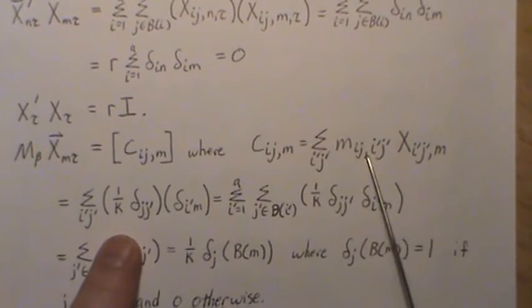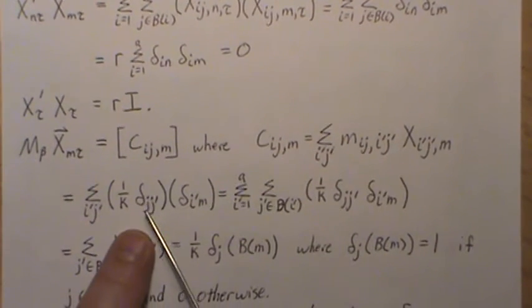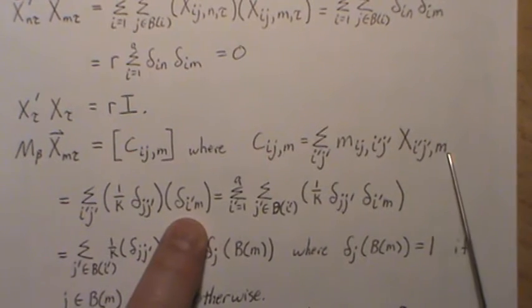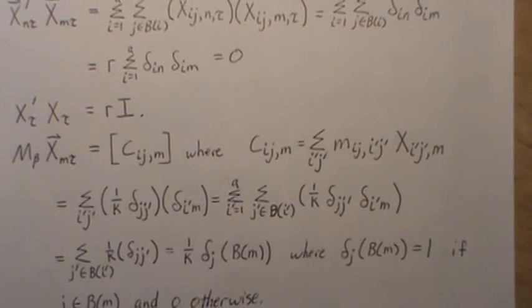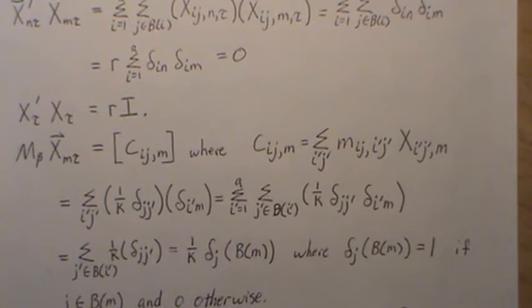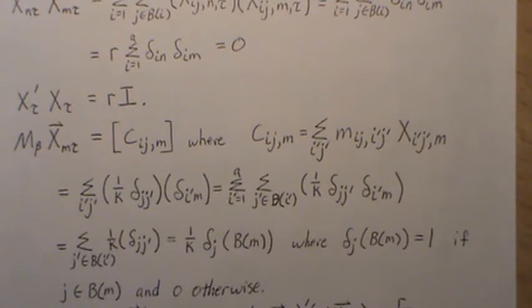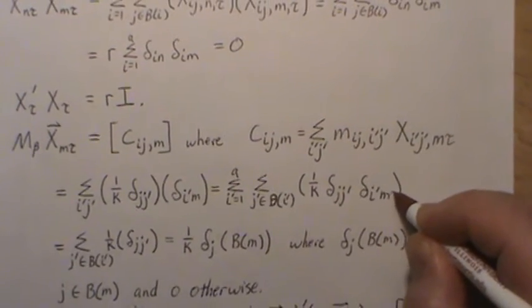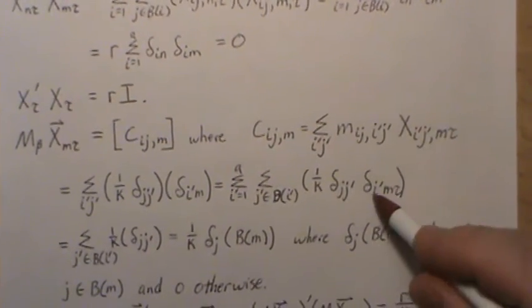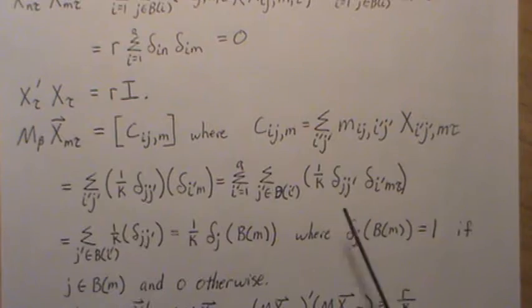But then we said that m is generically this 1 over k delta jj, and a column in tau. So I probably should have a tau right there. It's a 1 or a 0, and it's delta I prime m. Oh, I guess I don't need it on the delta, but I needed it here. Okay, so then when we look at this,